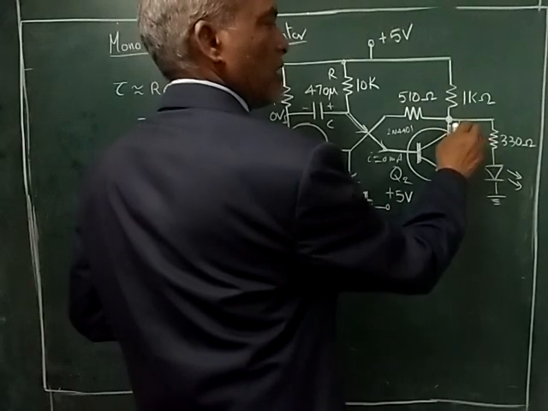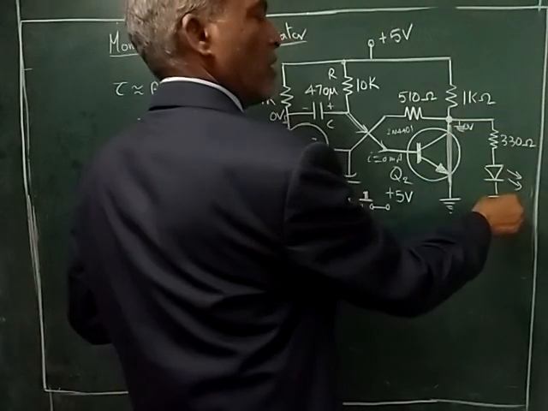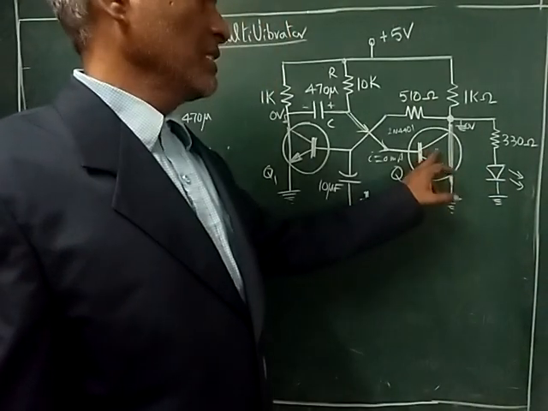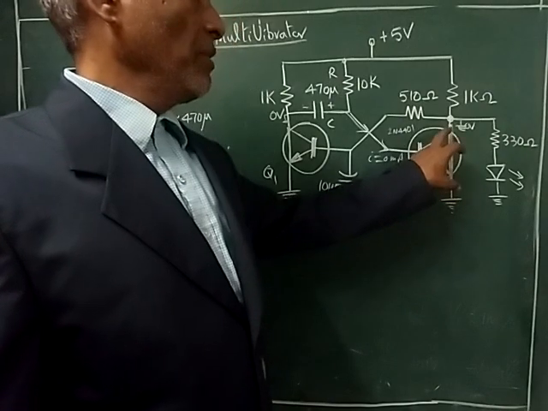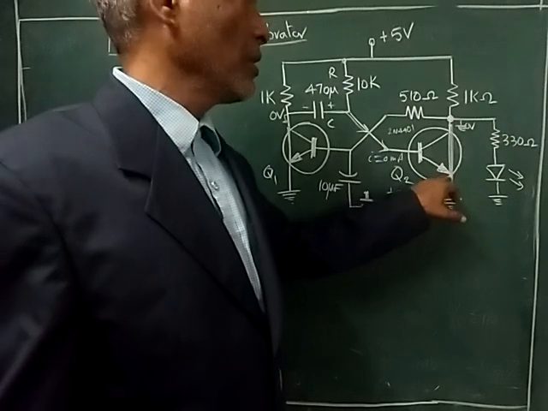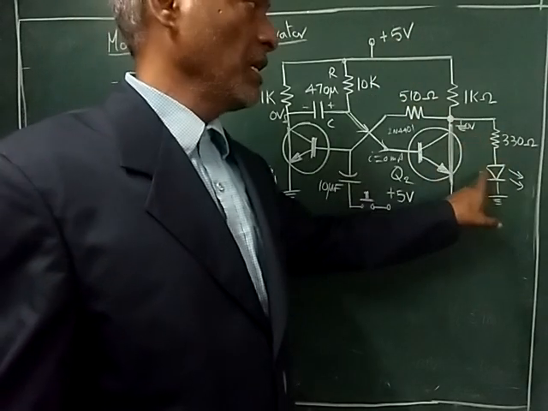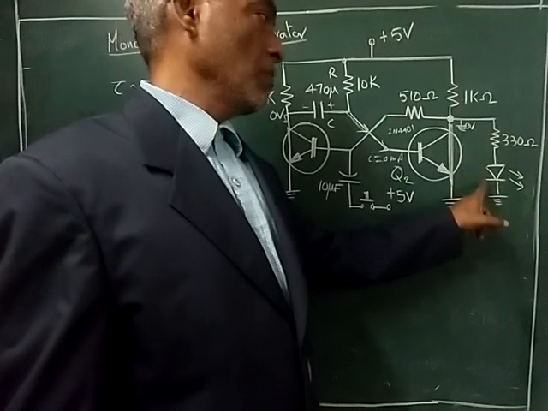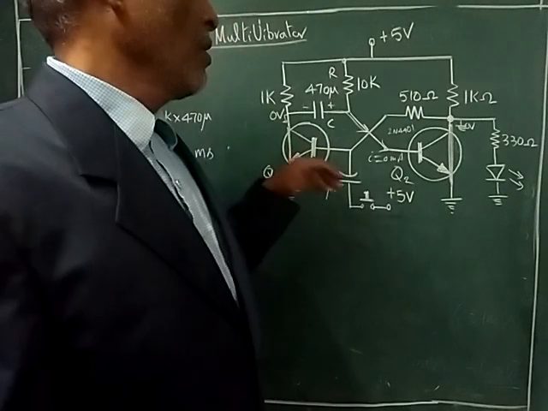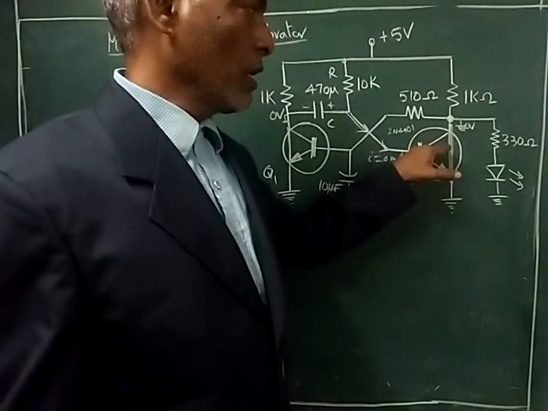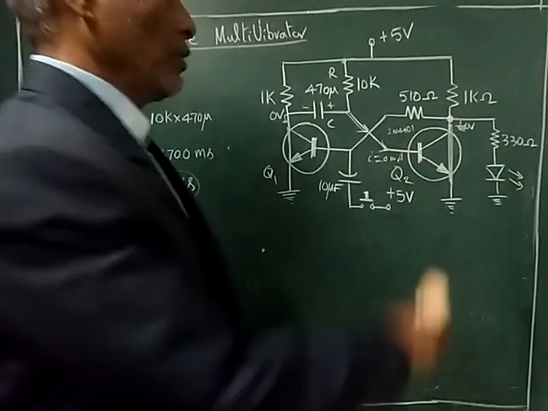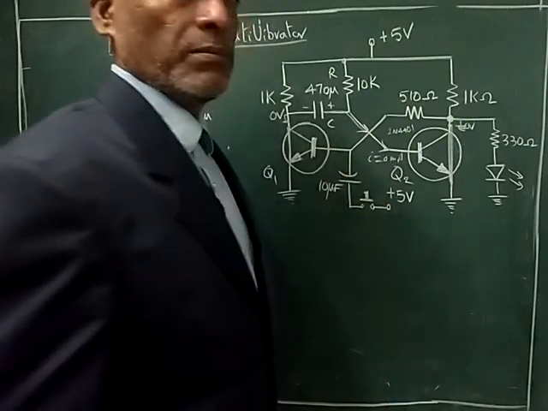Conduction means this will act as a short. Short means the potential here is 0. Here 0, here 0, so the LED won't glow. The LED will glow only if the transistor is open circuit, that is, it is cut off. That means between collector and emitter it will see the 5 volts, then only LED is on. That means if LED is on, Q2 is in cut off condition and Q1 is in on condition. When this goes into on condition, this point is 0. Therefore, the LED will not glow and you won't get enough supply to drive this base.